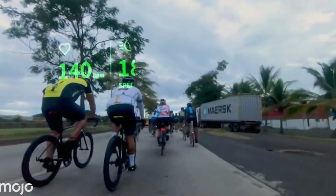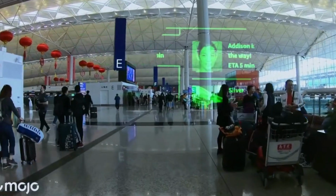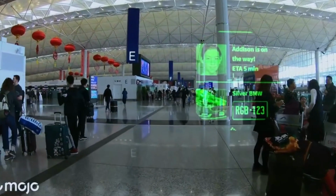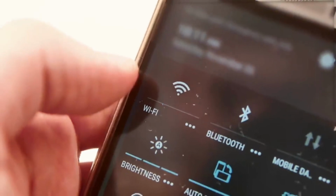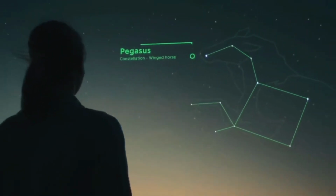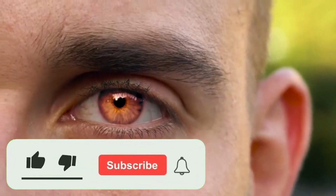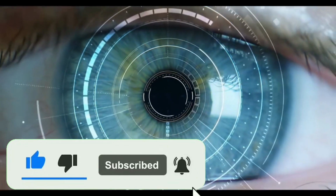Mojo Vision has been working on the development of the Mojo Lens for several years and has made significant progress in its development. In March 2022, the company unveiled a prototype of the lens, which has been in development for 7 years. The prototype was demonstrated by the company's CEO, who wore the lens to showcase its capabilities. The Mojo Lens is still in the prototype stage and requires further development and clinical testing before it can become